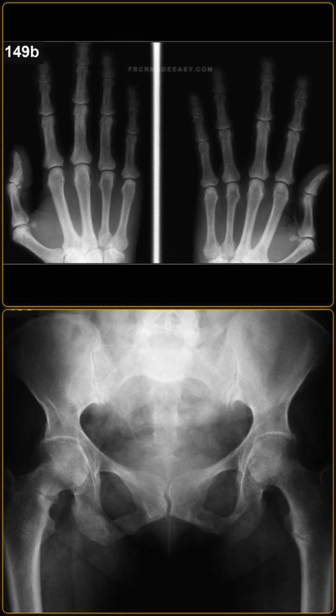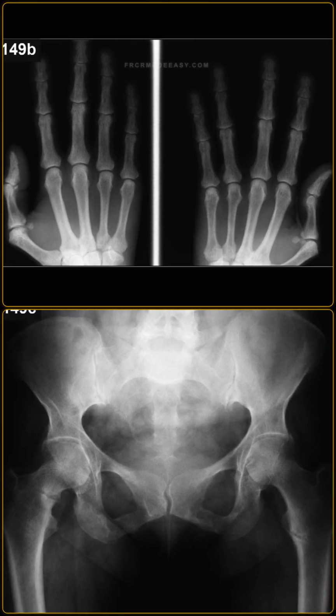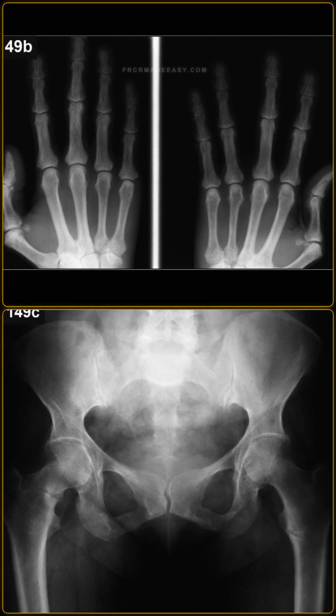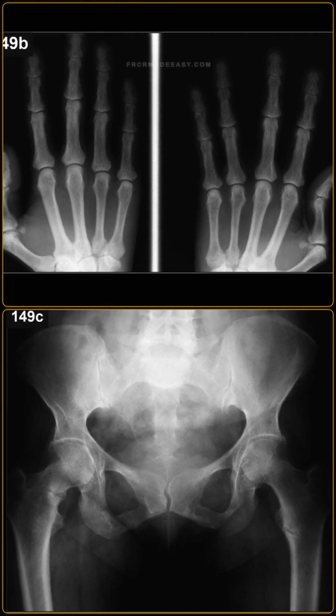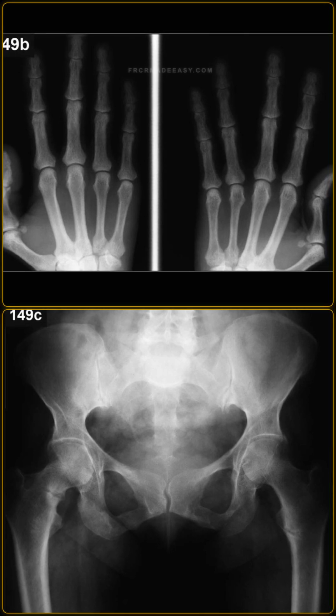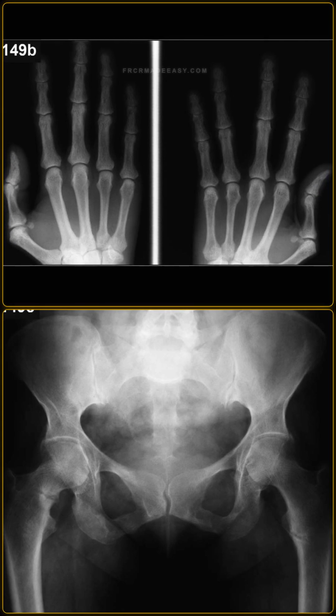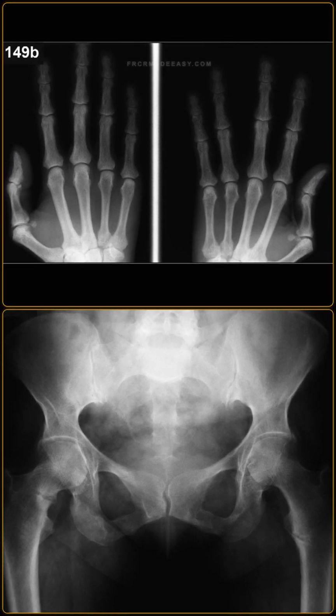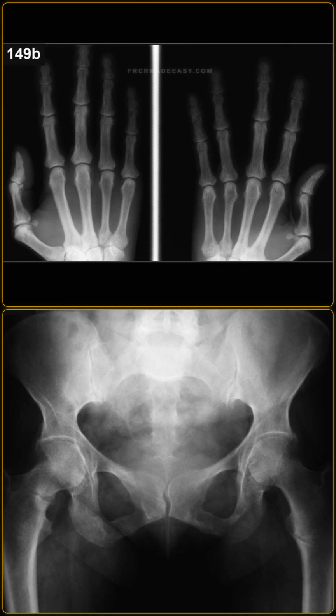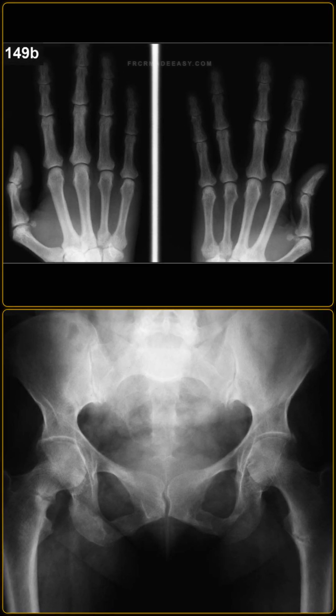What other radiological clues should you look for in these patients, and what is the differential diagnosis? Since osteomalacia is frequently related to chronic renal failure and secondary hyperparathyroidism, we should search for evidence of renal replacement therapy. Look for a peritoneal dialysis catheter or a tunneled femoral hemodialysis line on abdominal films, and a central hemodialysis